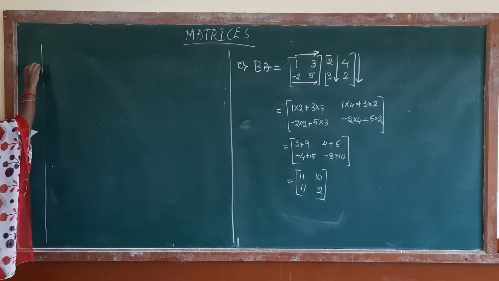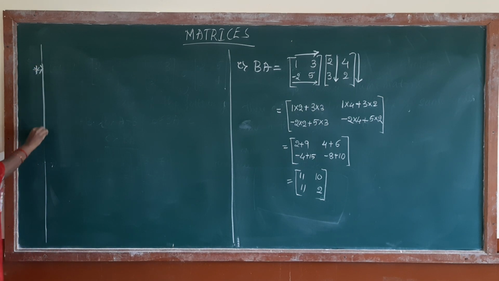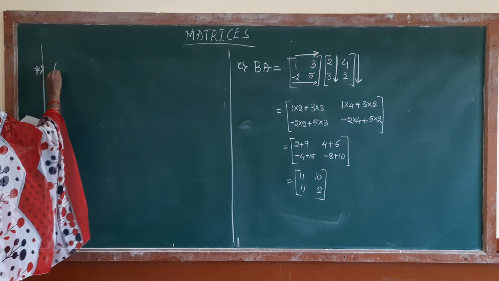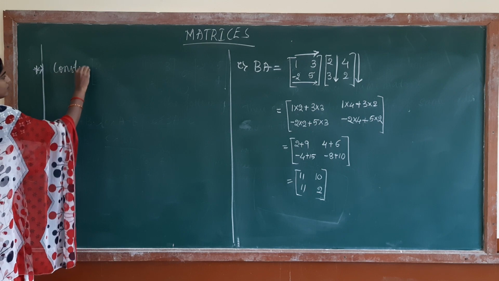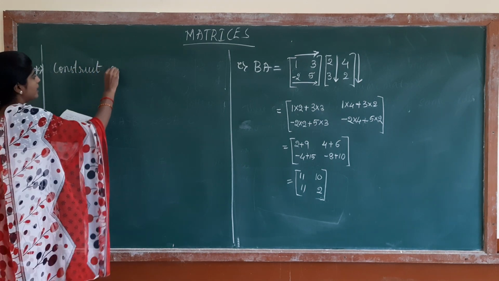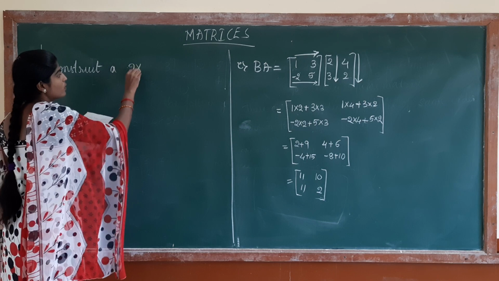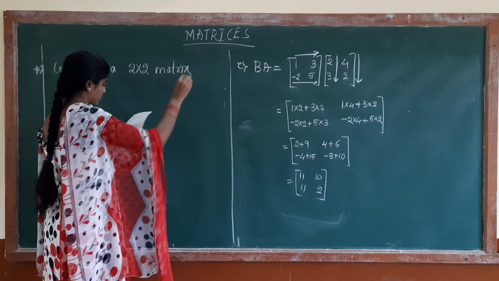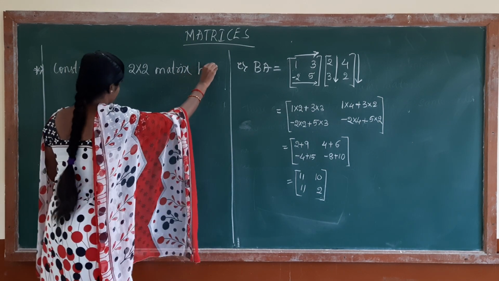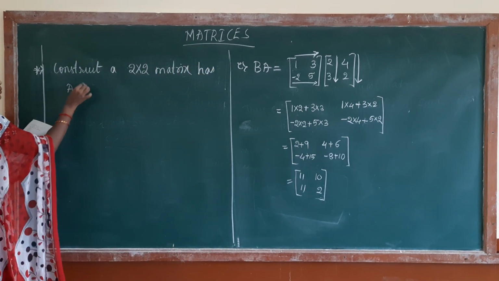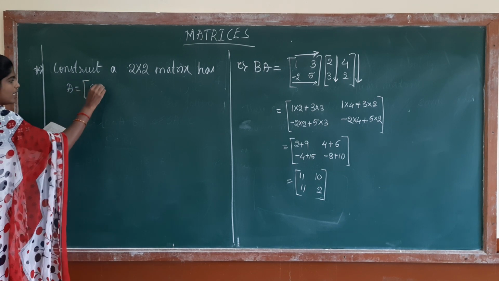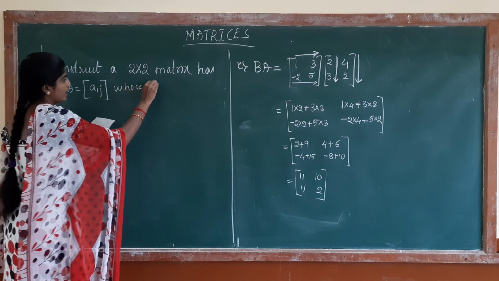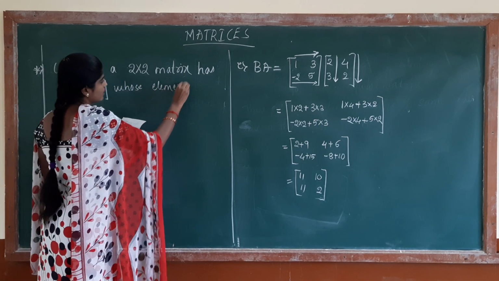Next problem is of the type construction. So we have to construct the matrix with the given condition. Construct a 2 cross 2 matrix, given the matrix is of the order 2 cross 2, A equal to Aij, whose elements are